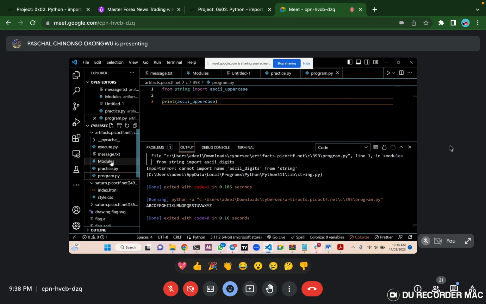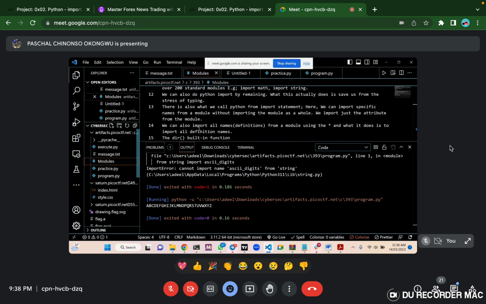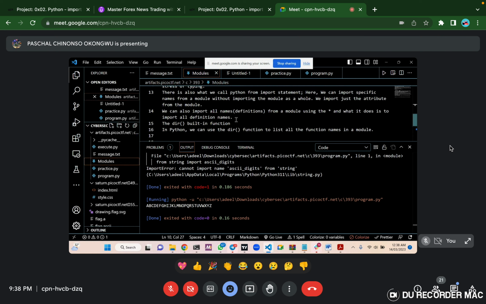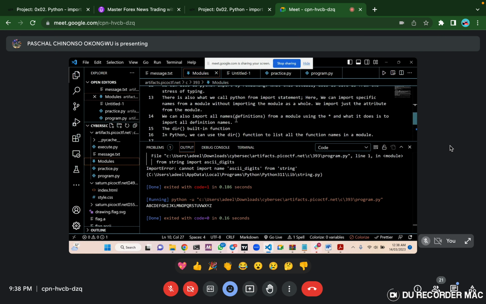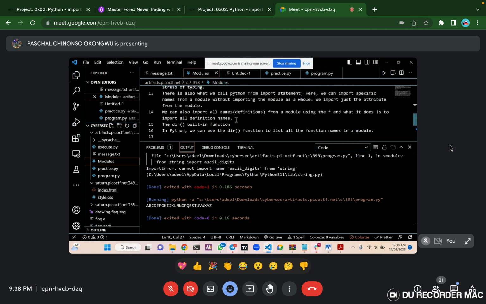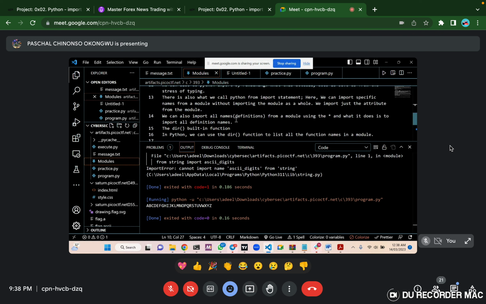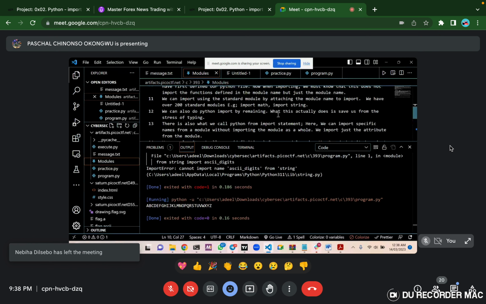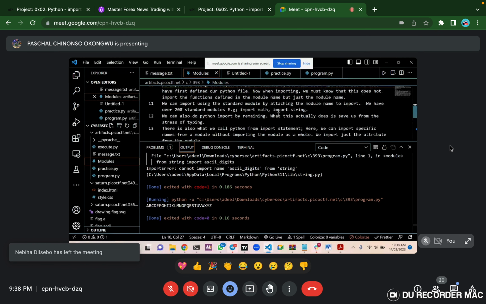And again, I want to show something. Another thing that we can do for the modules is importing all names. This is practically for things that have been defined. In this regard, what do we use? We use the wildcard for this. And a perfect example is I can decide to say,